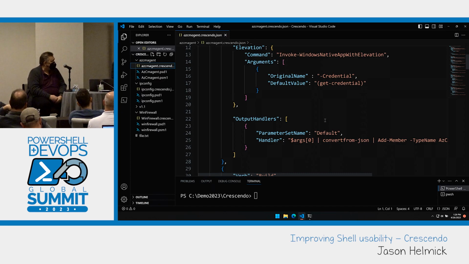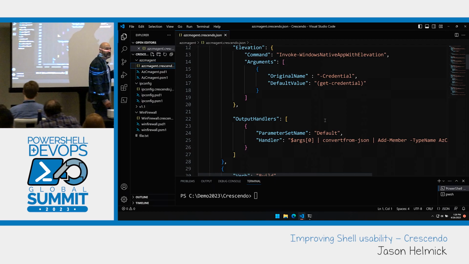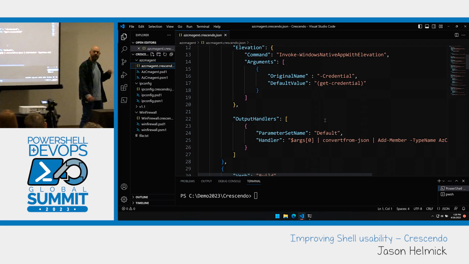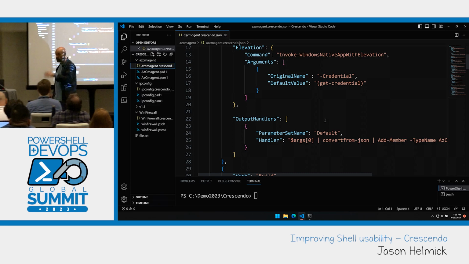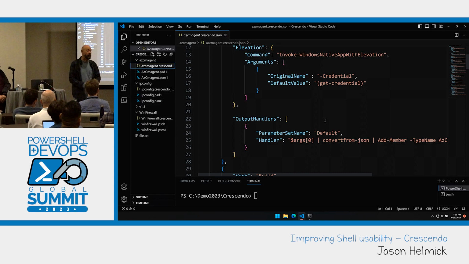So this is predominantly what we ship. It's Crescendo 1.0. There's some other things in that. You can see that from the documentation. But now I want to move quickly into what we're about to ship and what's currently available in our preview,